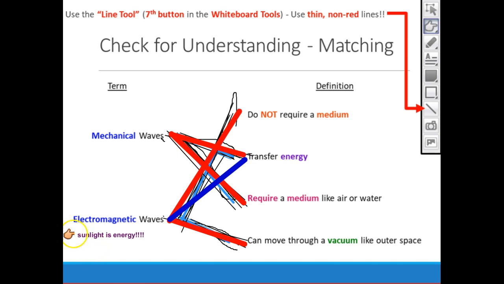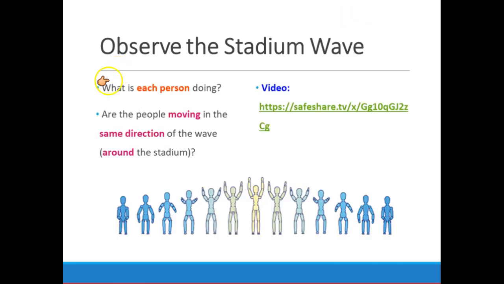So if we ever run out of sunlight, when the sun dies, that means that all the things that rely on sunlight will also die out. It's not going to happen for a very, very long time, though. Smiley faces, though, if this makes sense, guys, that mechanical waves and electromagnetic waves should both be matched up with transfer energy, because all waves, no matter what type of wave they are, their purpose is to transfer energy. Looking good. All right, let's keep on going.